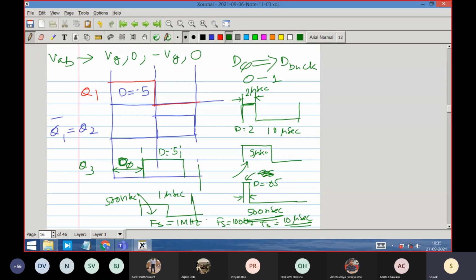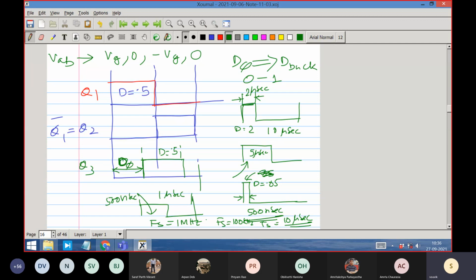So then what is the corresponding? But that is a 50% duty ratio. That means the total period is TS. That means I will be able to go to a switching frequency of 1 megahertz, because the actual control I have shifted to D5, where D5 I can make anything I want. It is just a phase shift, deciding an instant when I want to turn on another switch.